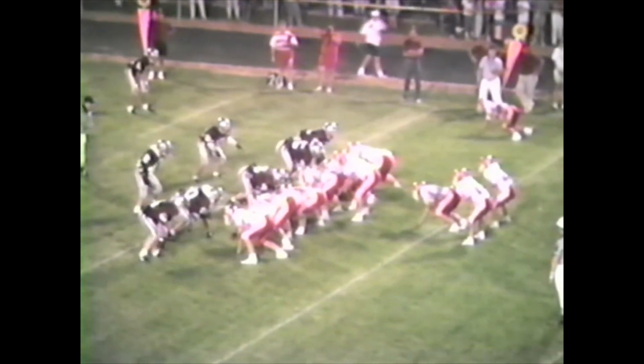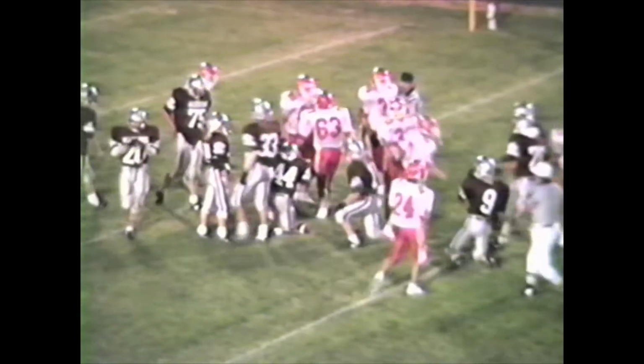Never saw a Mount Carmel varsity football team play, you know. I can't say that I did either. We never played them. Played freshmen, sophomores once in a while, but, you know, that's not